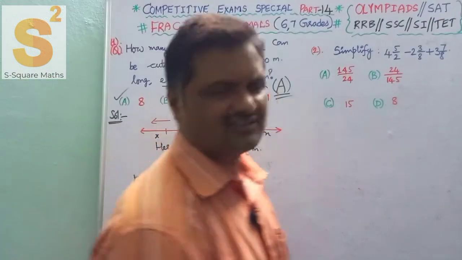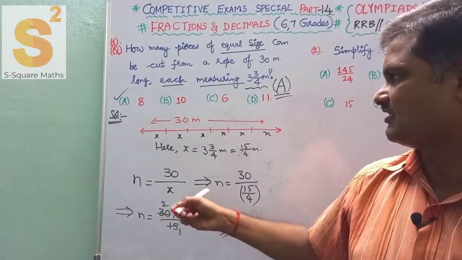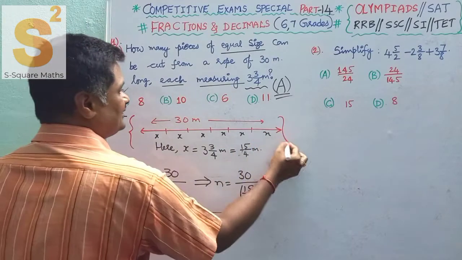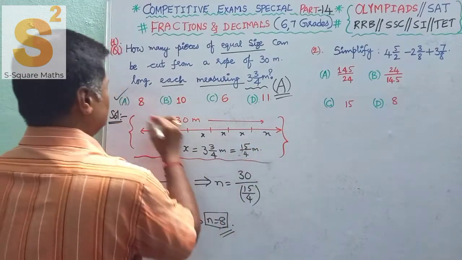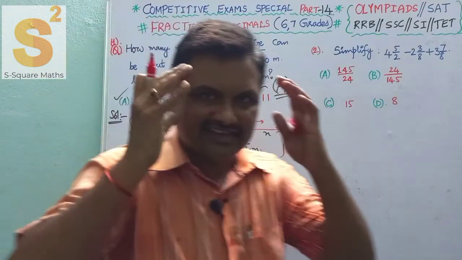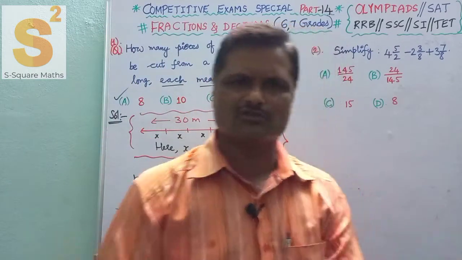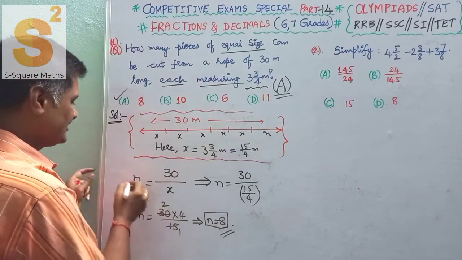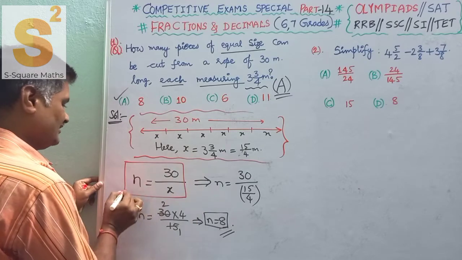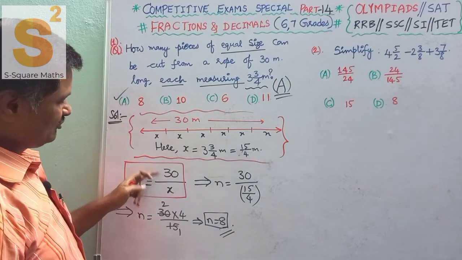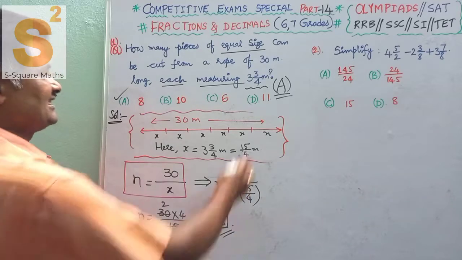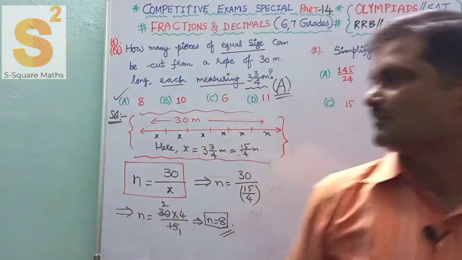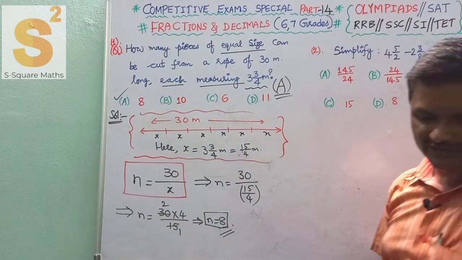So this is the fast track method, just apply the formula. This is only for your understanding. Think of this diagram in your mind, analyze it and proceed. In regular classes you can draw the diagram, but in competitive examinations it takes some time, and this is the formula for it. Let n be the number of pieces, length of the rope by each piece. Since it is a mixed fraction, the students will be shocked by seeing the question. Okay, so this is our first one of today.